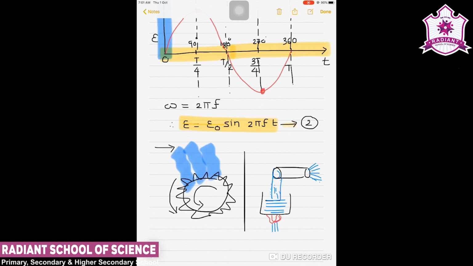Now, instead of coal, if nuclear fuel is used, we get nuclear power generators. In modern days, generators produce electric power as high as 500 megawatt, that is, one can light up 5 million 100-watt bulbs. In most generators, the coils are held stationary, and it is the electromagnets which are rotated. The frequency of the rotation is 50 Hz in India. In certain countries, such as the USA, it is 60 Hz. So this is the topic related to the AC generator.